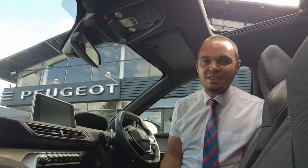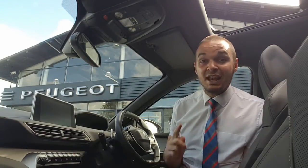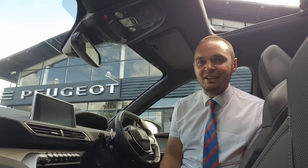Hi, I'm Andy from Howard's Peugeot in Taunton, and I'm going to show you around this fantastic 3008 SUV in the GT specification. So this vehicle has a lovely opening panoramic glass roof, there's electric tailgate, full LED headlights, 19-inch